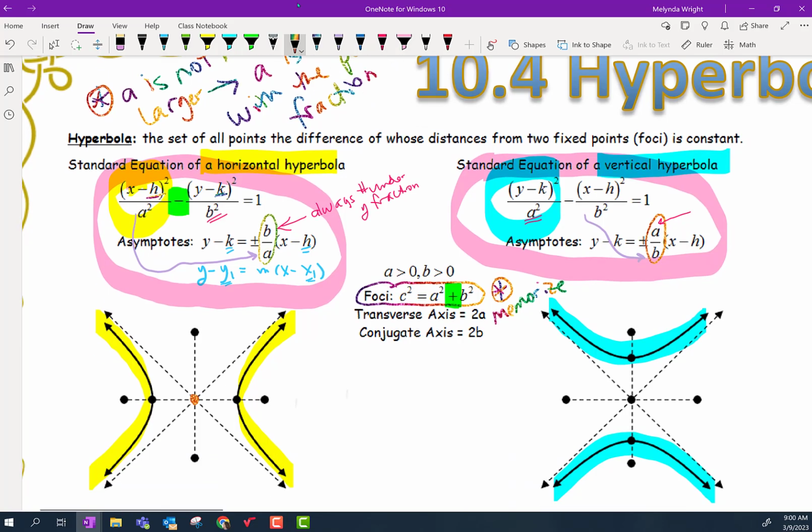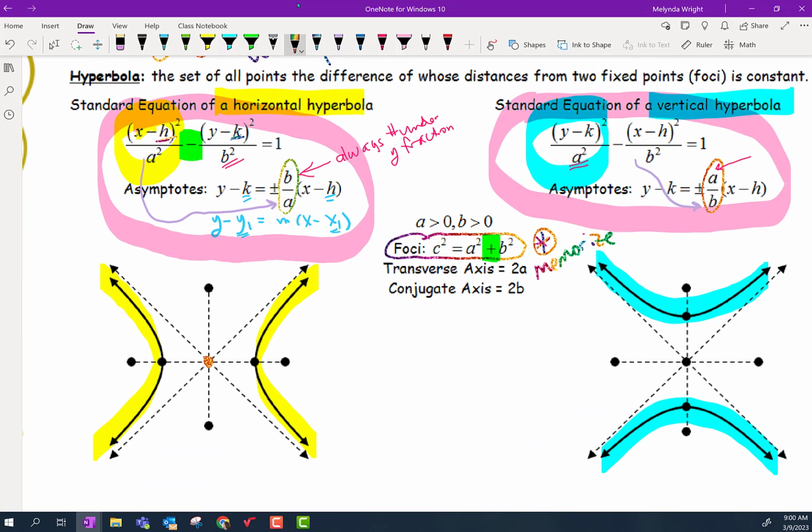So when we're looking at our diagram, A is actually this distance right here. This is A. The distance from the center to a vertex is A. Okay? B is the distance from the center to this point out here. And so let me tell you, when we graph these little guys, typically